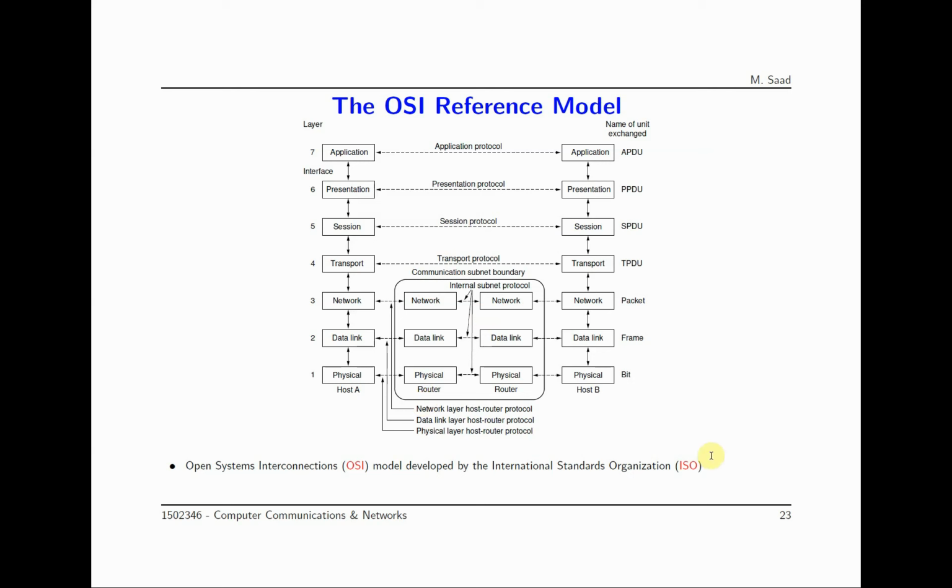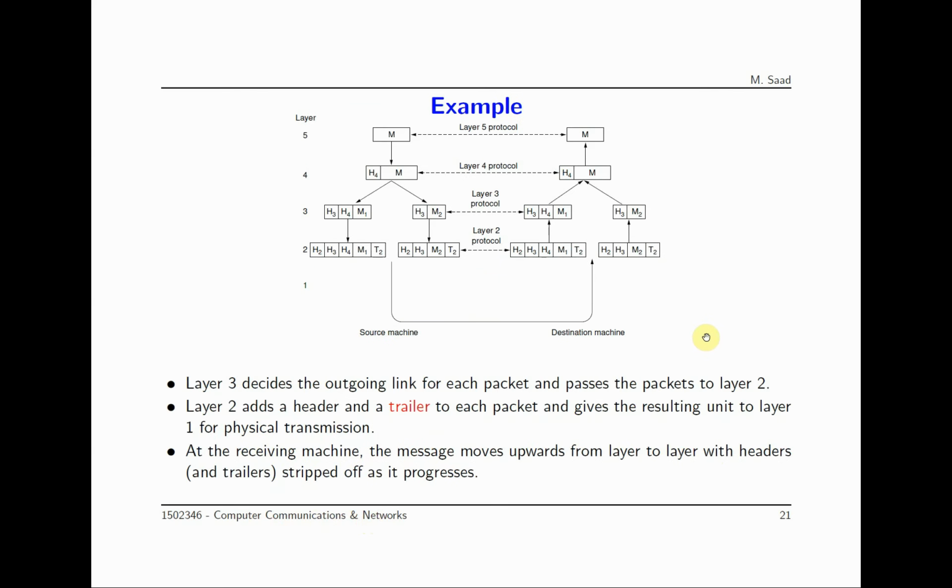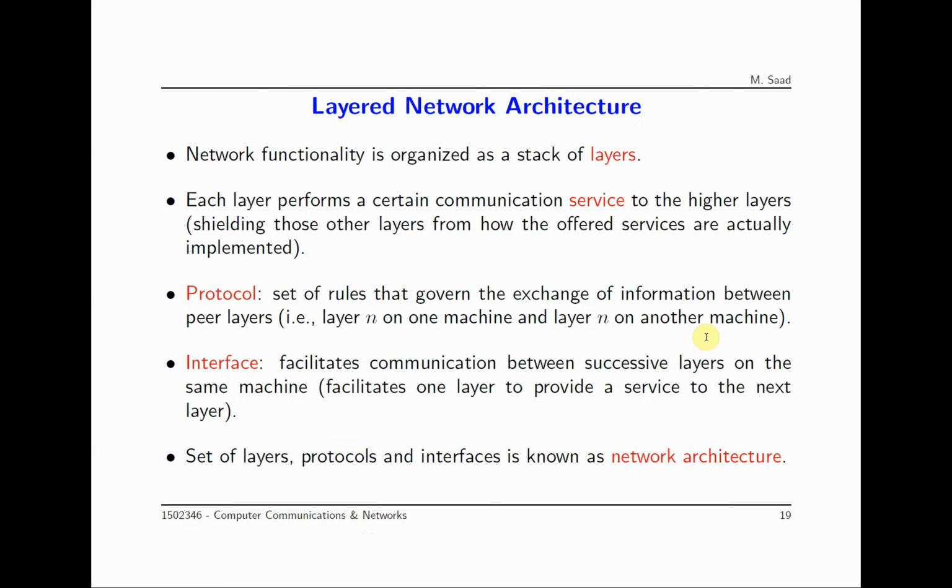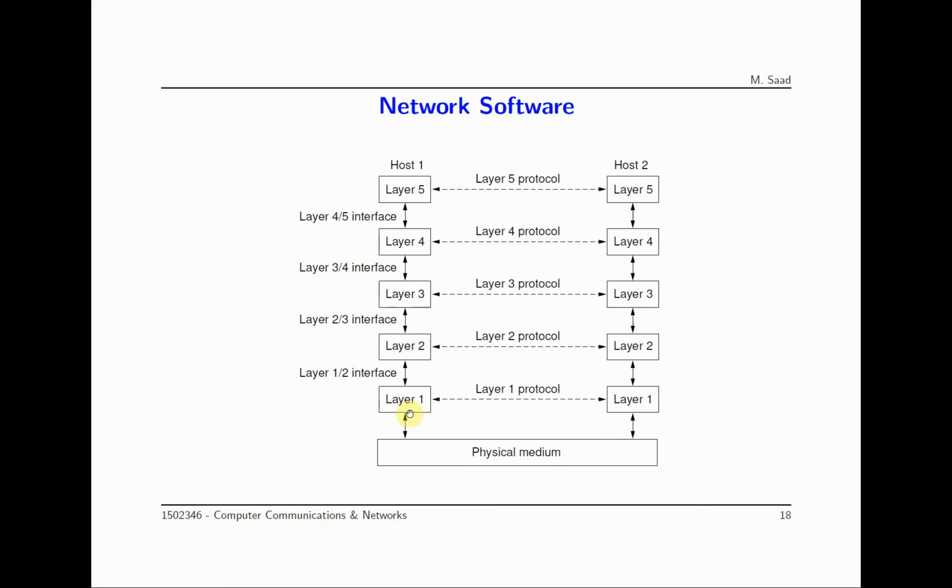And we are still in the introduction chapter, and we are still talking about the idea of the layers. In the previous video, we talked about the general definition of the layers, the idea that network functionalities are divided into layers, abstract layers that define different network functionalities. These layers are designed in such a way so that each layer provides a service to the layer on top, which means eventually all these layers are helping the layer on top, which is the application layer, get its